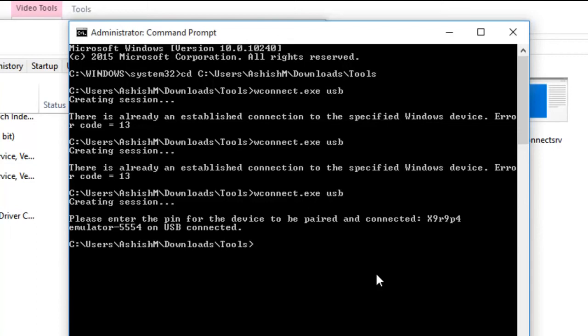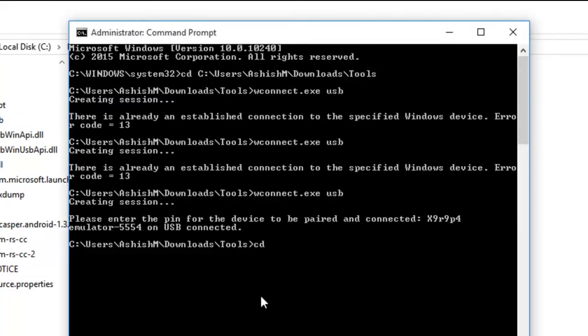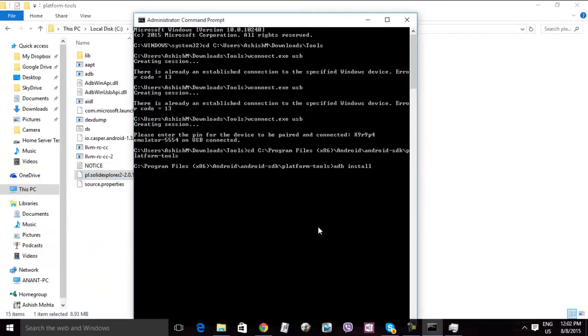So this is connected, so you can see you have emulator number also there in case you need it. So once done, you need to now go and connect using the ADB tool. Now the emulator number is sometimes necessary if you have multiple devices, so you can deploy it based on emulator number as well. So now let's switch to the ADB tool. So we'll again need to copy paste the path and change directory and go there. Alright, so now we are in this tool.